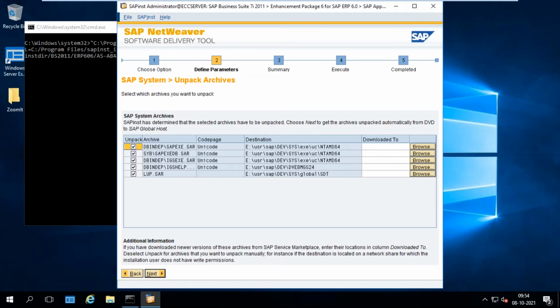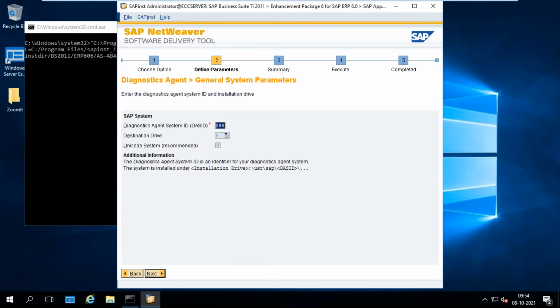Yes. So here also don't change anything. Just click on next. So here also don't change anything. Next.